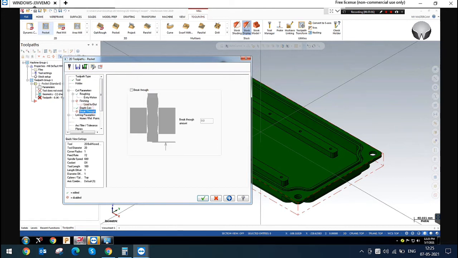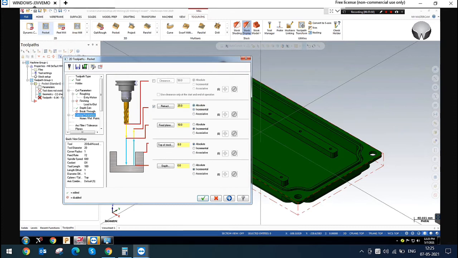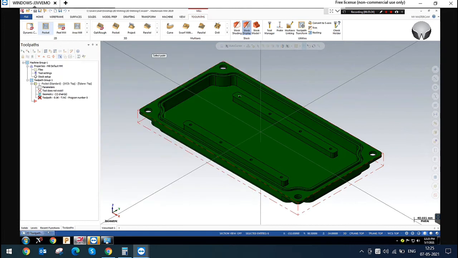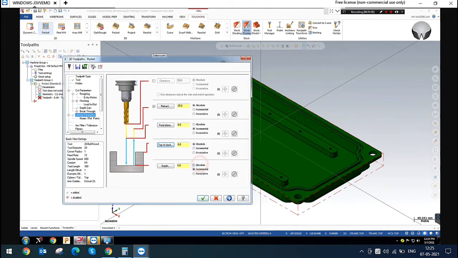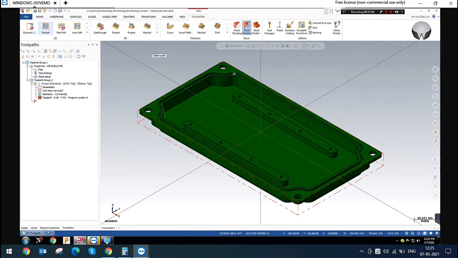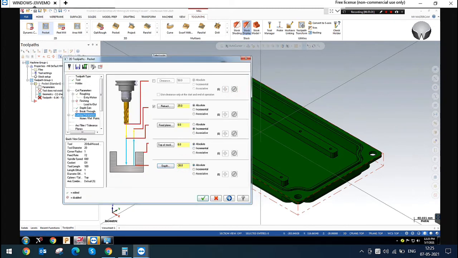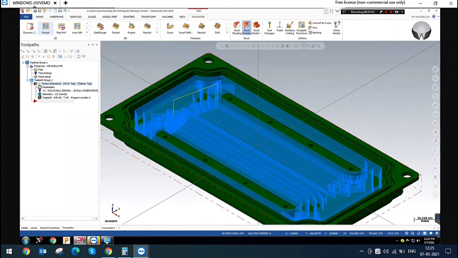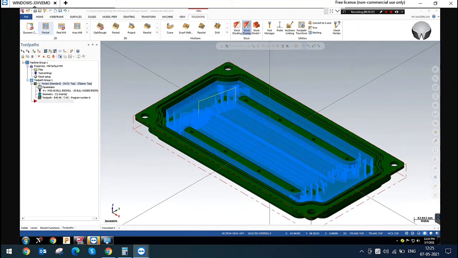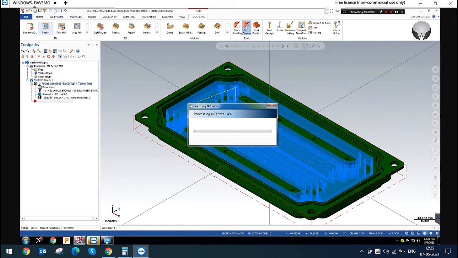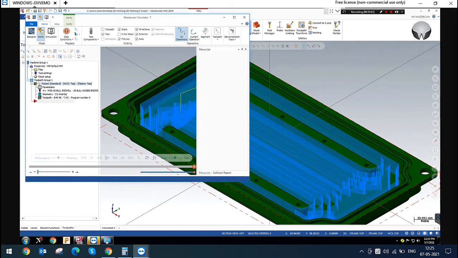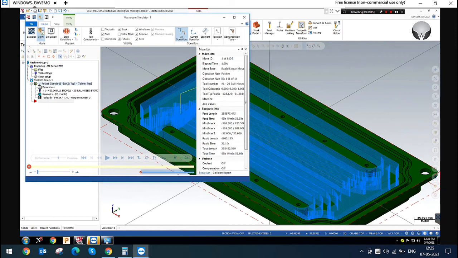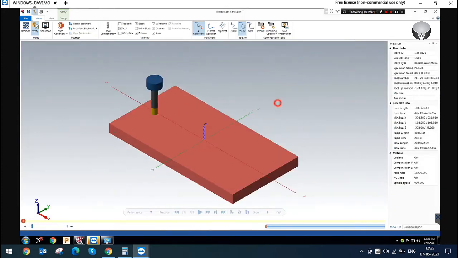So my incremental feed plane is 1 mm, and my depth is 0. Top of stock is 0, and my depth is minus 28, right, brother? I'm just giving this. We can see what will happen in the 3D machining simulation. So our island is only at minus 14 mm depth, right? But the toolpath will be created from the top of the depth.